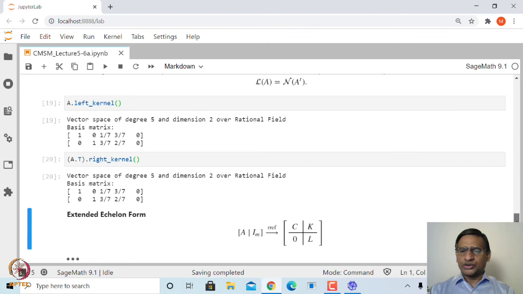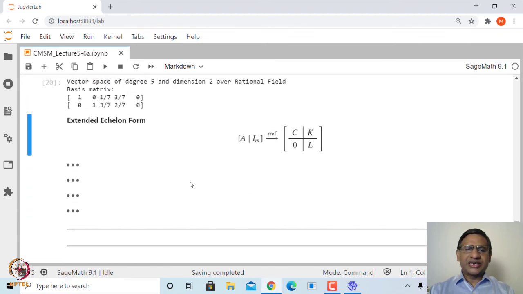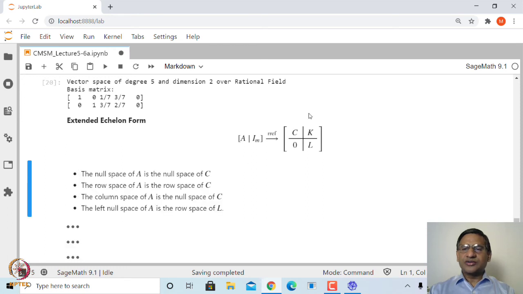So, one can show that in this case these matrices C, L and K also determine these 4 subspaces.